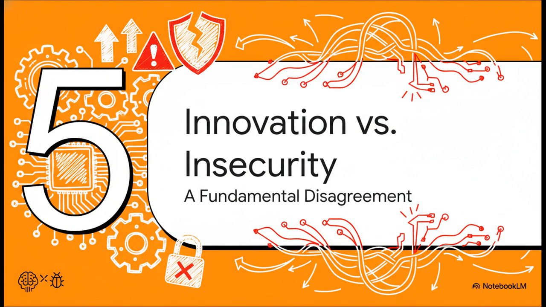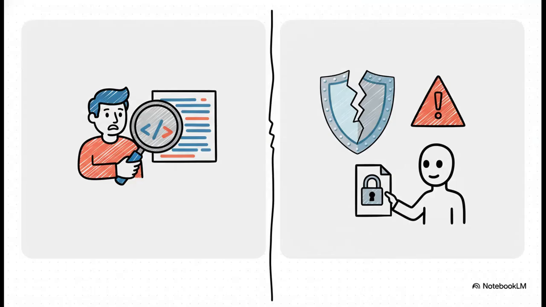So when security researchers found this, it immediately kicked off this huge, fundamental disagreement between them and Google about what to do. And this right here, this is the heart of the whole debate. On one side, you have Google, who has basically said this is expected behavior. They argue it's a known risk with these kinds of powerful tools and that it's up to you, the developer, to check the code you're using.